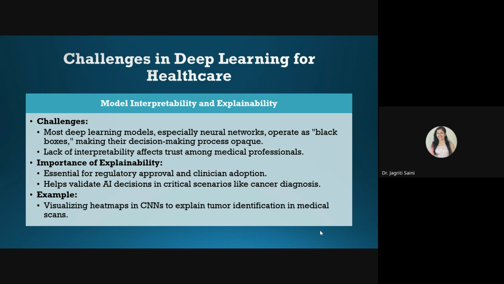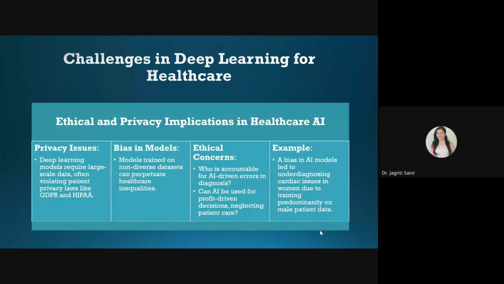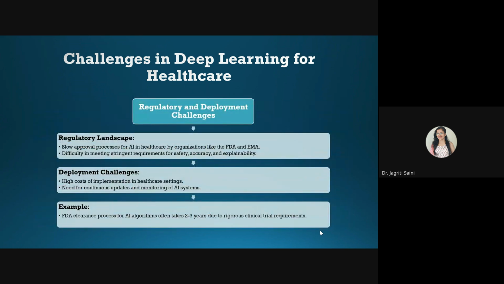So these things may need some good procedures for MOU formation with the medical institutions, or some other techniques. With time, if we can update, and blockchain etc. is also showing great ways to do data transfers without hampering personal information of the people. So maybe those technologies we can integrate further to get better outcomes with this. Ethical and privacy concerns also come in the same category. There are some challenges with large scale data, with GDPR and HIPAA, like privacy laws at national and international level. So we need to keep them in mind all the time.